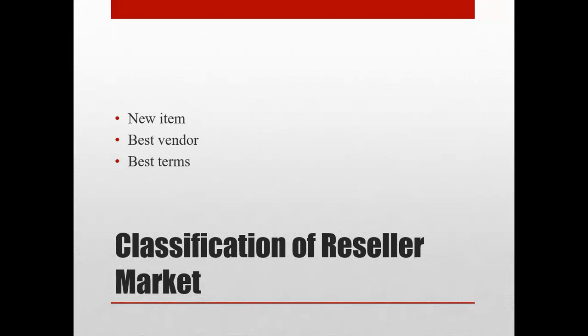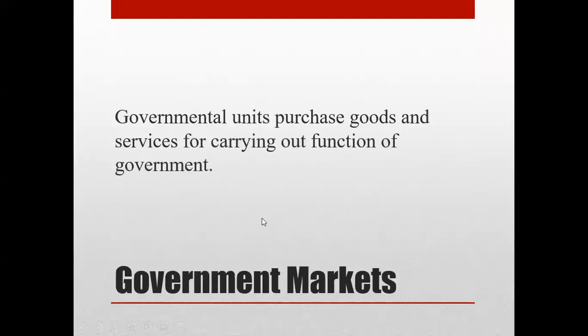So for a producer that is classifying his resellers, you can either classify them as the best vendor, which is the person that is probably selling the most and is buying the highest volume, or the best terms, which is the person that is giving you the highest percentage, even though he's not buying as much as the person that is buying the most. You understand? But the margin that he's giving you is better for you as a producer.